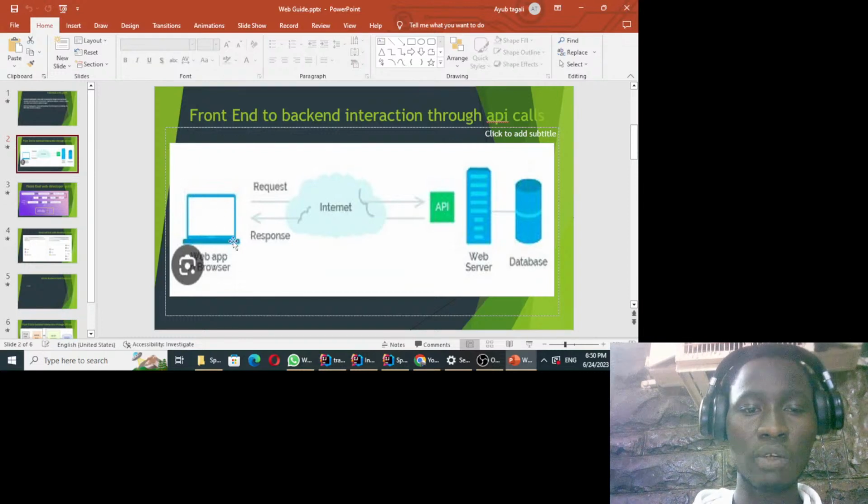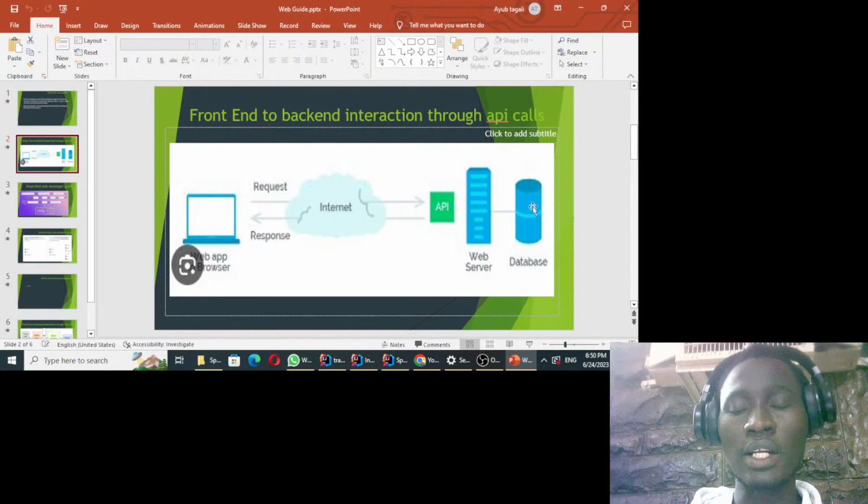A front-end developer is to make sure that they develop a web application which will be able to run on a web browser, a website or web app which the user can access on the browser. And then here at the backend guy, you can see that we have the database. You are responsible for designing and maintaining the database, and then developing the backend application.